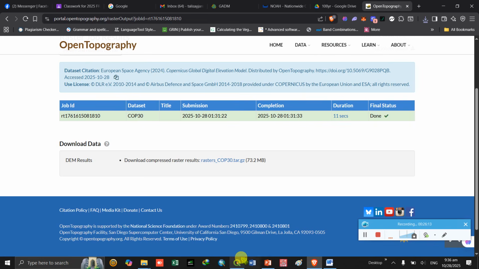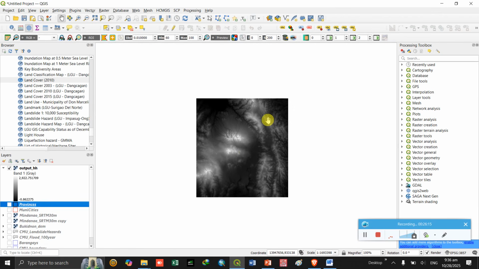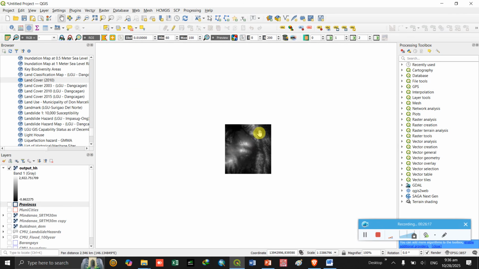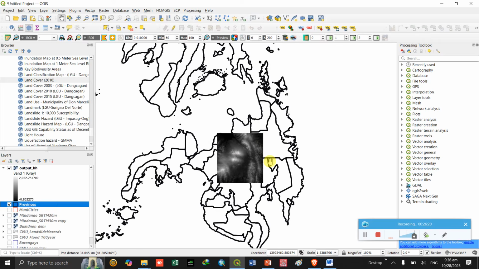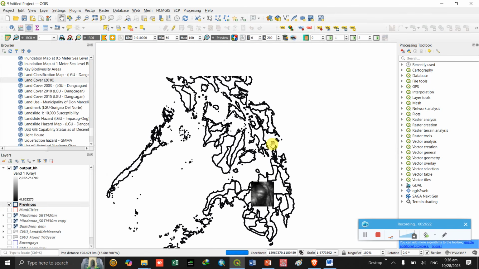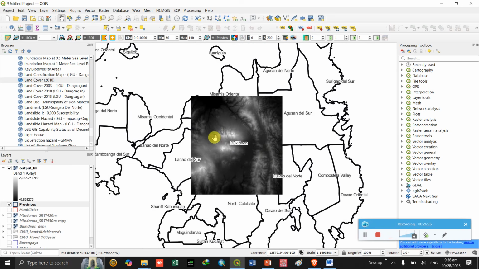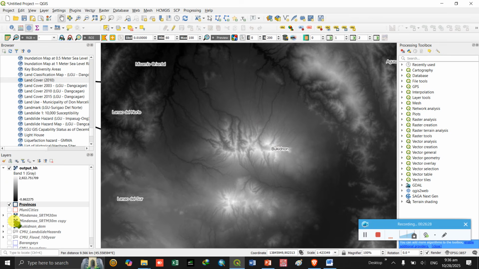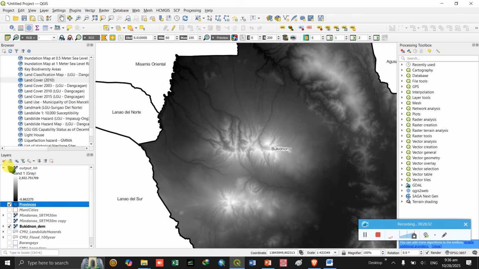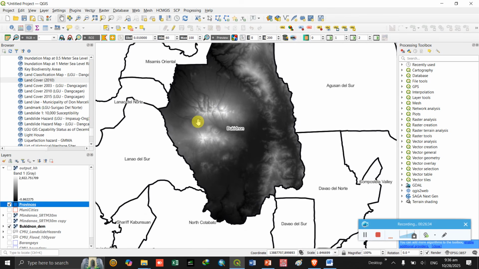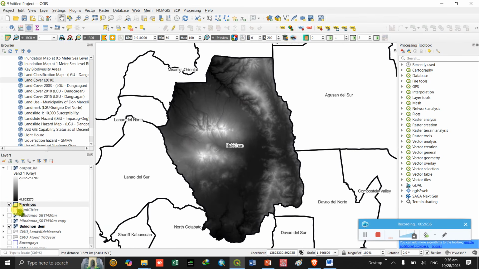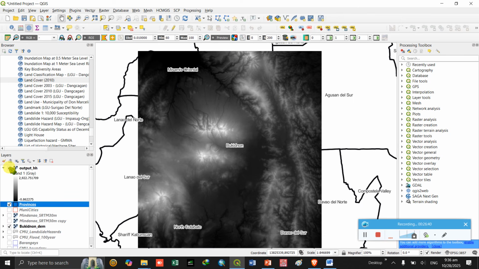So you can try it anywhere in Mindanao, and of course anywhere in the Philippines, and you can try it for other countries. Okay, and then the same format that we have in Mindanao and Bukidnon. Of course, this is Bukidnon. The same format, no? TIF format. Okay, so that is the DEM.